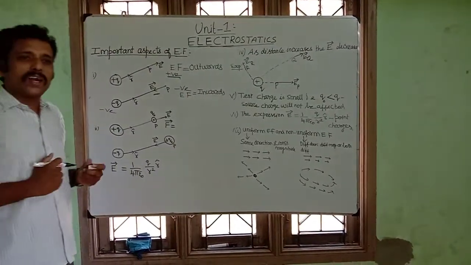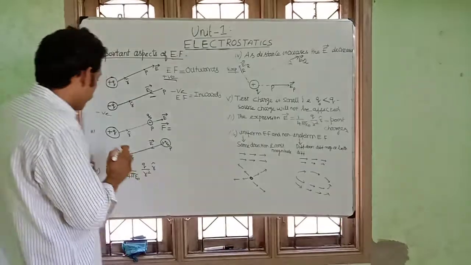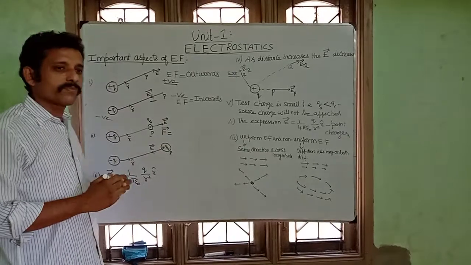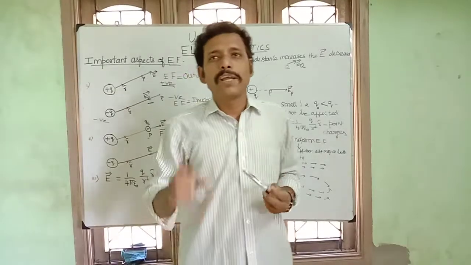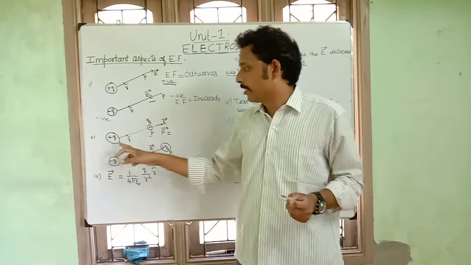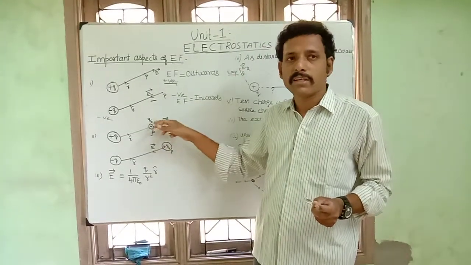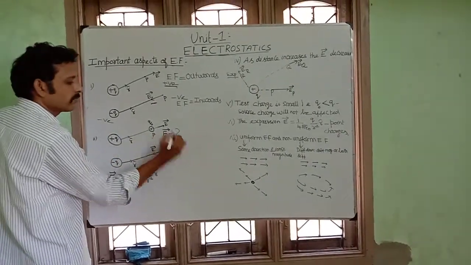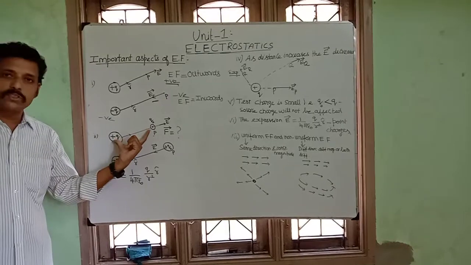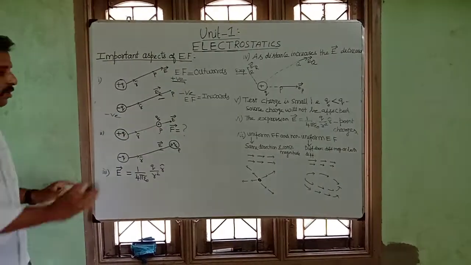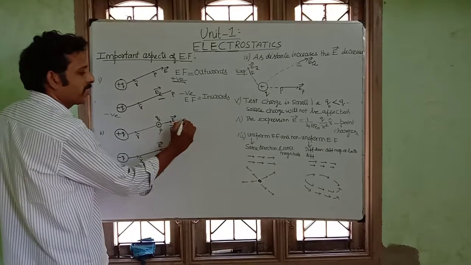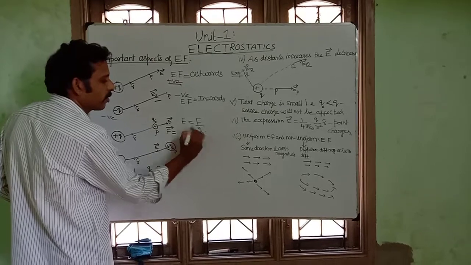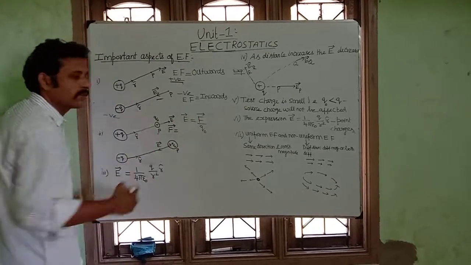Now another question arises. Again, take this positive charge, and this is the point P. In the point P, as I already told, this is the source charge, and we take a test charge Q0 and keep it at the point P. Now can you calculate the force between these two? Yes, you can calculate, you know the formula very well. What is the basic formula for the electric field? E is equal to F by Q0. E vector is equal to F vector by Q0.